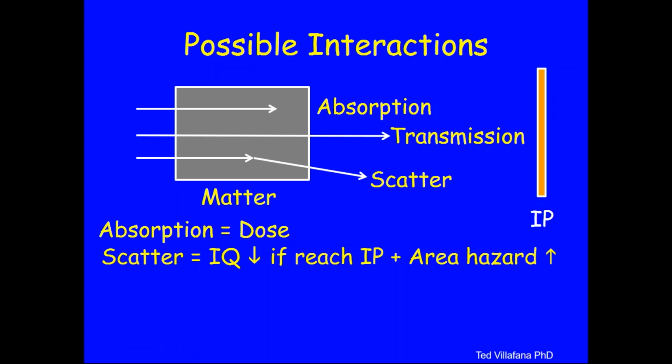That's the reason we give you a lead apron and a thyroid shield and all the other lead protective devices in the fluoro room. That's why we put lead in the walls, to protect the people on the other side of these walls from that scattered radiation. It becomes an area hazard. So those are the three, and